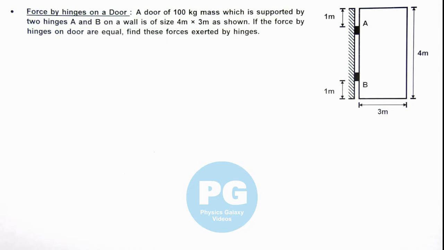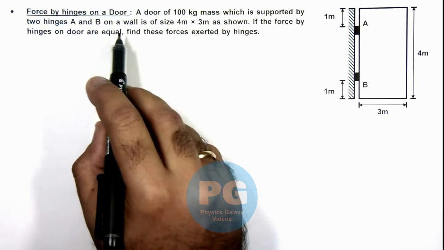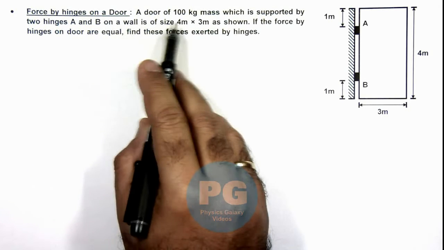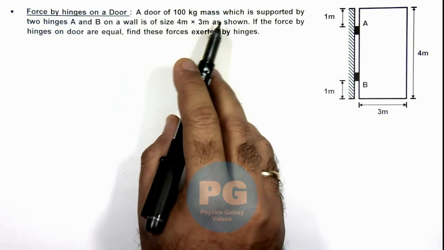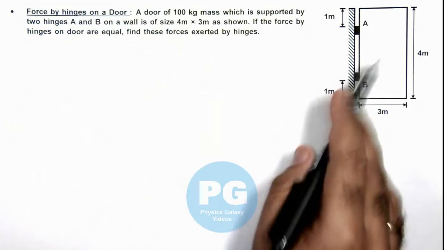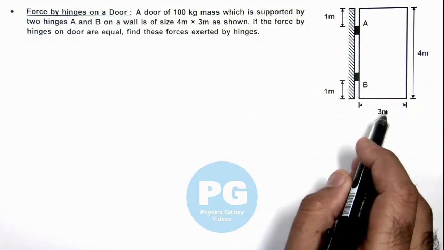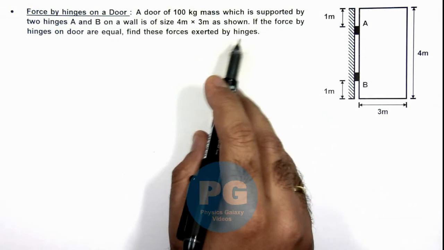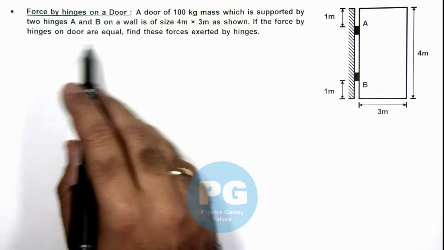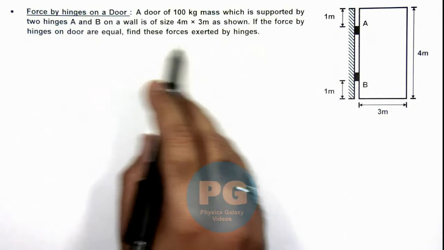In this illustration, we'll be calculating the force by hinges on a door. We are given that a door of 100 kg mass, which is supported by two hinges A and B on a wall, is of size 4 meter by 3 meter as shown. And it is saying if the force by hinges on door are equal, we are required to find these forces